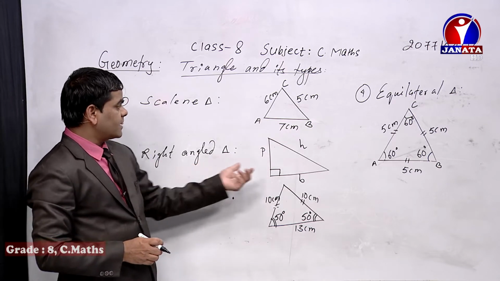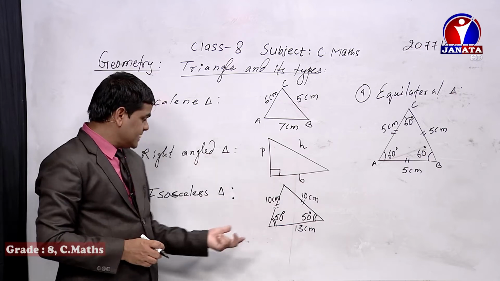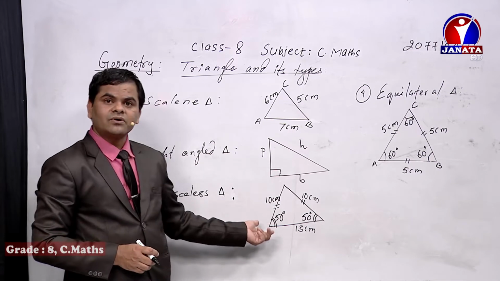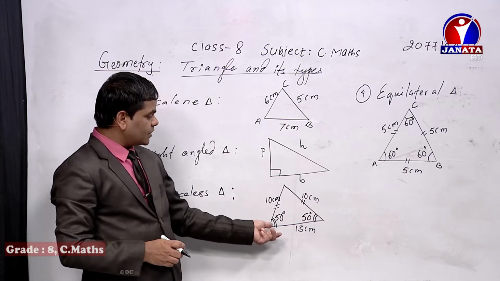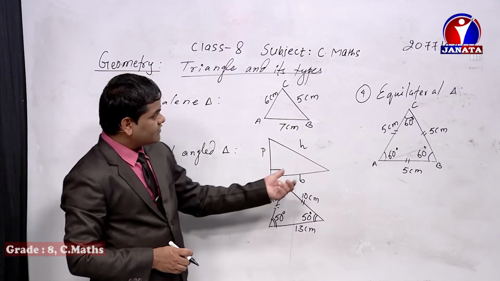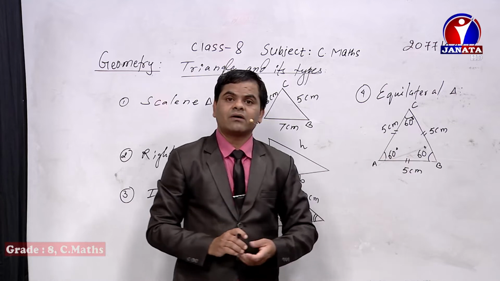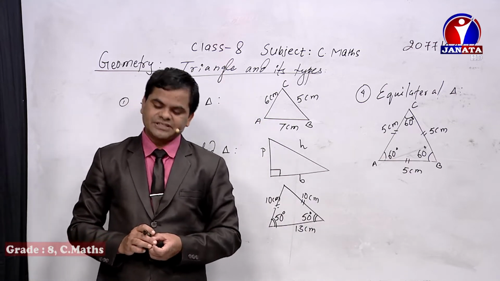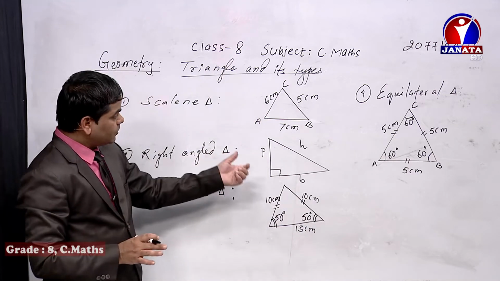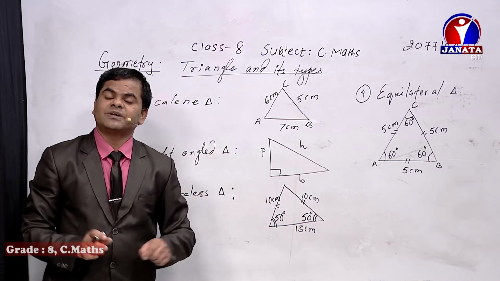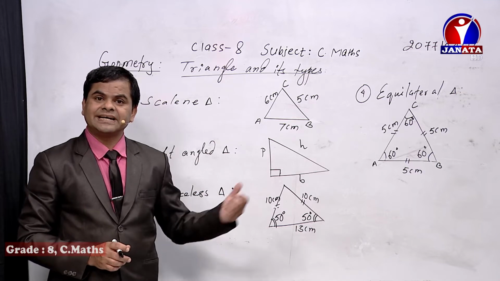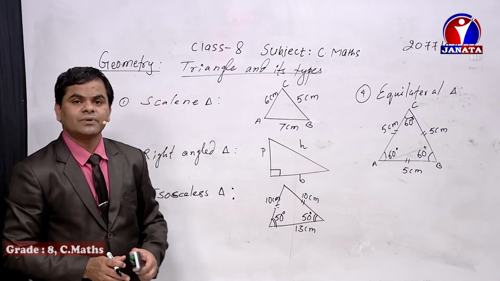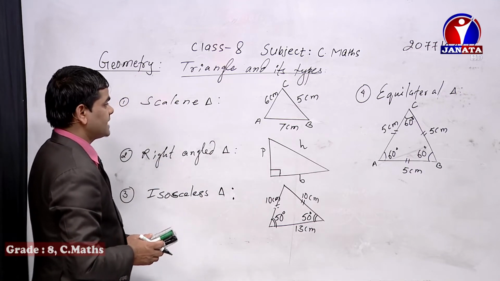So for a right angle triangle, it is 1/2 into perpendicular into base, and then for an isosceles triangle, a by 4 root under 4x square minus a square, so that we can find out the area. And in case of an equilateral triangle, root 3 by 4 a square. But I am not going to write all these things, because in the geometry chapter these are not necessary. These are necessary for you, but in the mensuration chapter, later on we can focus on the area of the different types of figure.